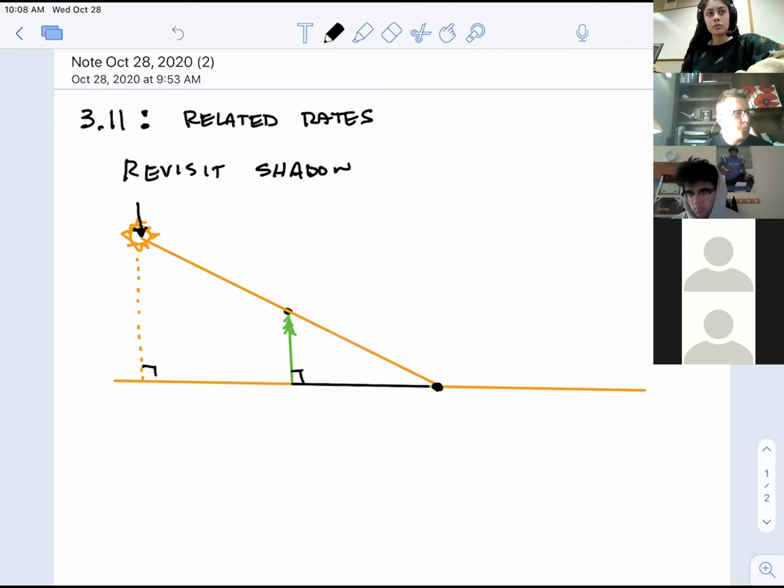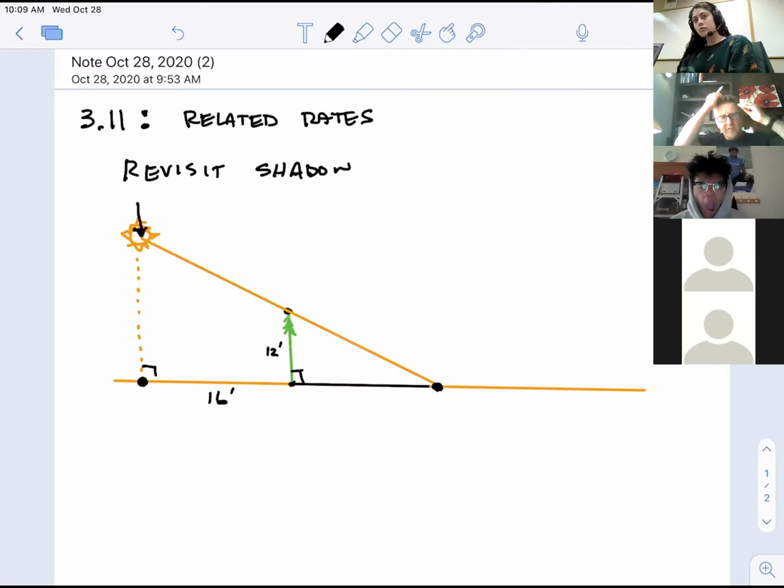Cool. Well, what do we know? Let's make up some stuff. And again, I'm trying to oversimplify this. So let's say the tree is 12 feet tall. Let's make it a fairly small tree. And let's say the sun is very unrealistically setting 16 feet away from the tree. In other words, the distance from where the sun is going to hit is over here. And again, I'm oversimplifying this a ton because the sun doesn't come down and land on the earth, right? That doesn't work so good.